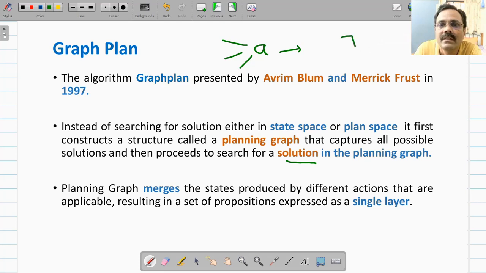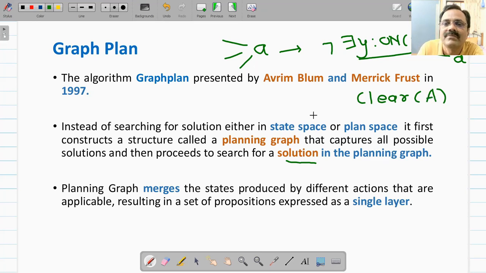For example, not there exists y, y is on x, so it's a negative. And if it's a precondition for some action A, then the same thing can be represented as a proposition clear, suppose block A or block X. So clear A is equivalent to this. So a negative you can represent in the form of a positive precondition, so that it can work on the original version of this graph plan.